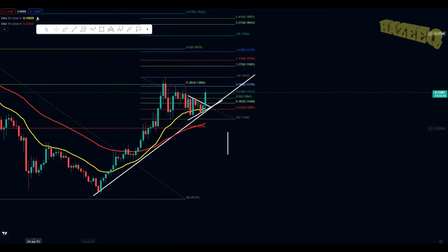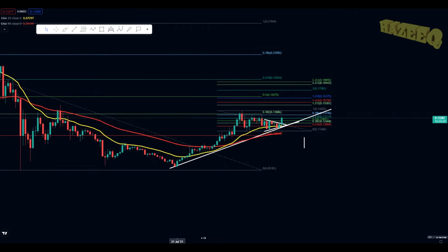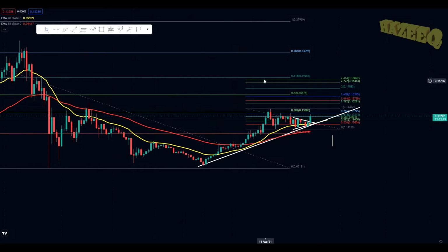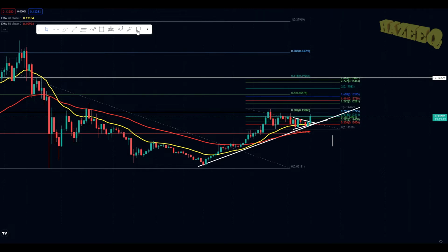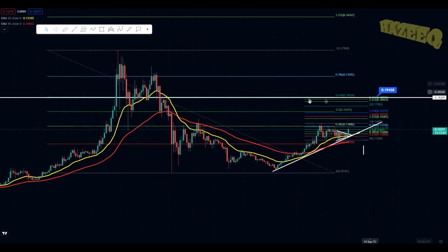On the daily chart, just open up a trend line over here, and stretch it out from here to these bars over here. All right, and for this Fibonacci retracement, the main important level would be the 0.618. Obviously, you have to break it. The larger the Fibonacci retracement is, the more confluence it has, the more strength it has, the more value it has. So 0.1942 is what you have to break on Vechain, and backtest as support, hopefully, to break new